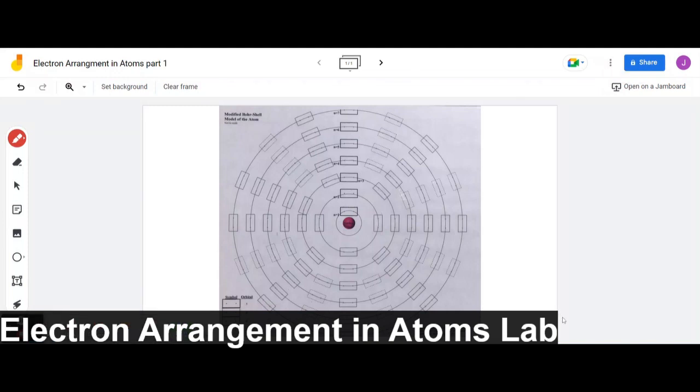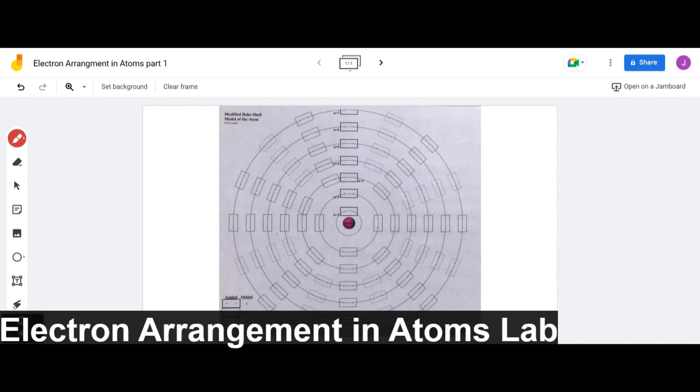Students, this is the Electron Arrangement in Atoms lab. In this lab, your classmates in class will be receiving laminated cards with two sides to them. On those cards, they're going to place little pencil erasers to represent electrons. And on the other side of the card, which you'll see a picture of later in the second half of this video, they'll use markers to write electron configurations and also place pencil erasers to show the arrangement of